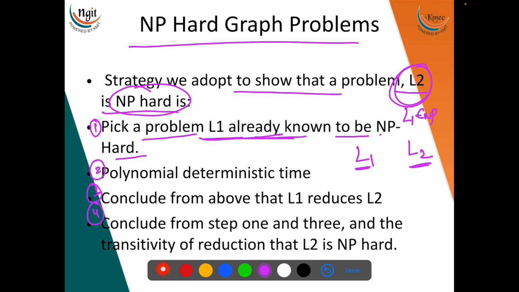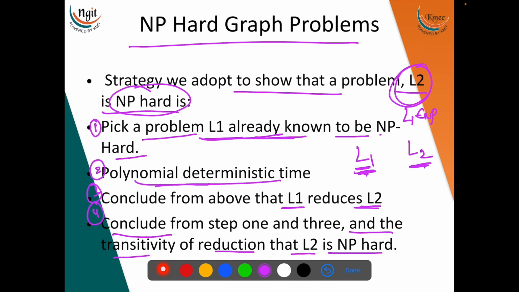Second is show how to obtain an instance I' of L2 from any instance I of L1 such that from the solution of I' we can determine the solution to the instance of L1. So that is done in polynomial deterministic time. The third step: this second step will get repeated till you reduce L1 to L2. Now the fourth step is conclude from step 1 and 3 and the transitivity of reduction that L2 is NP